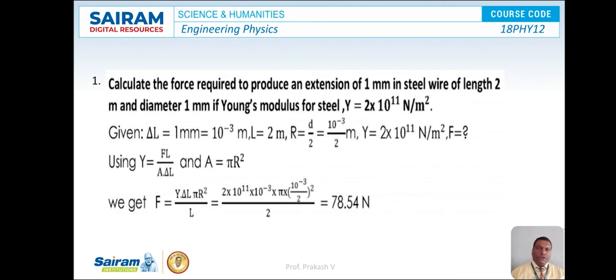On simplification, we get the value for F equal to 78.54 Newton. So this is the solution for this problem. That means 78.54 Newton of force is required to produce an extension of 1 mm in a steel wire of